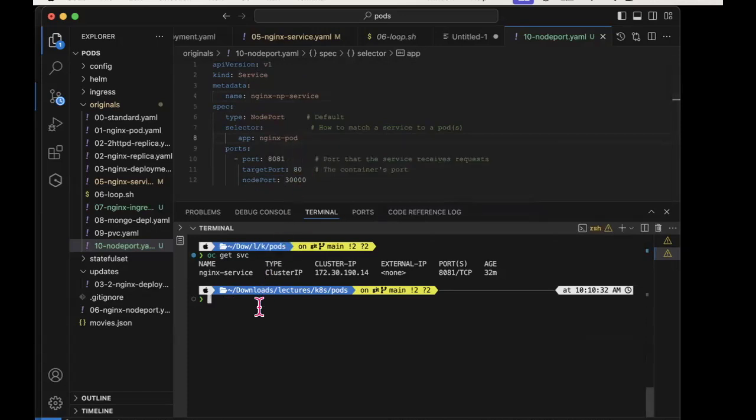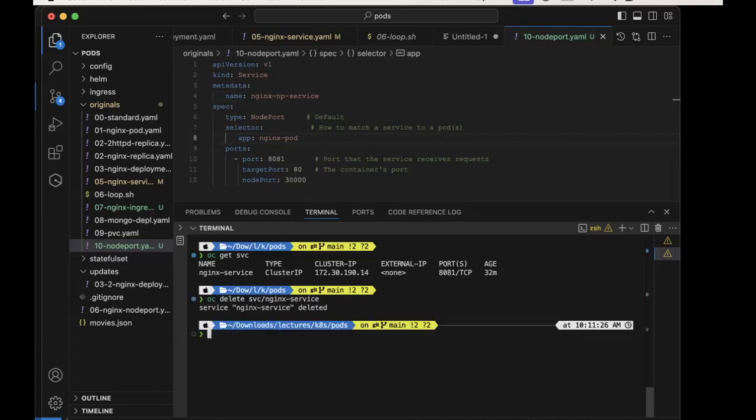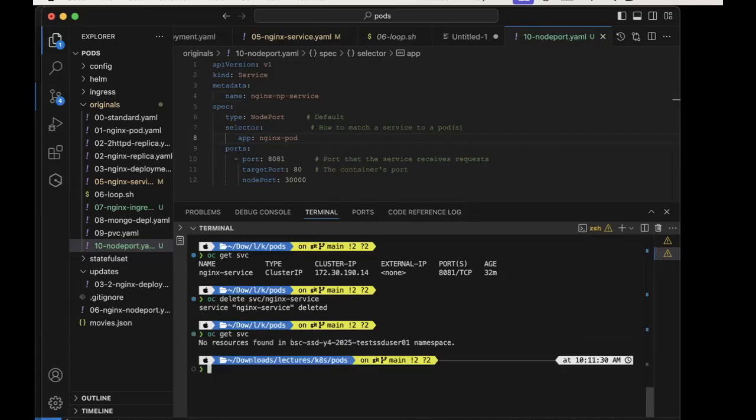I might just delete the other service actually, so it doesn't conflict. If I now apply this service specification,